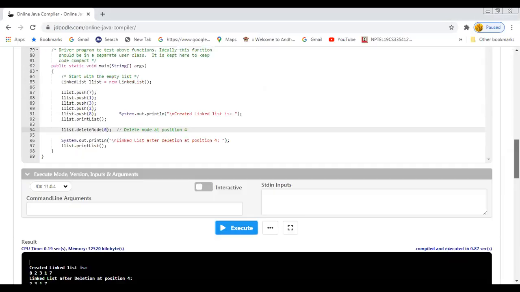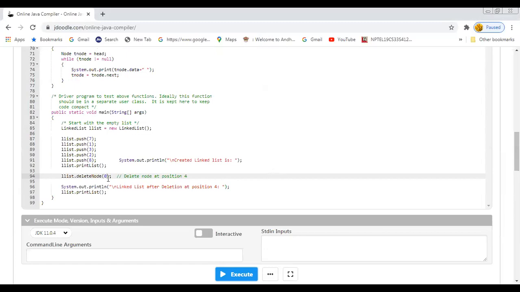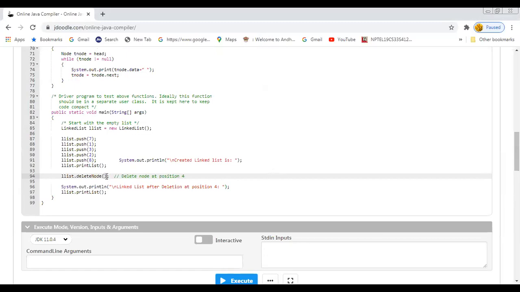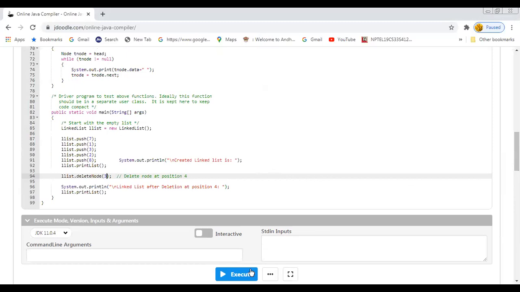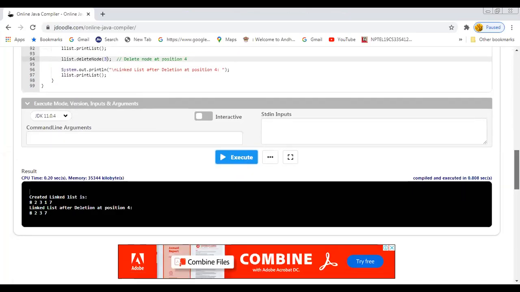Suppose I give 3, for example. 3 means you want to delete the last but one element in the list. You can check it out. The last but one element in the list is 1. So in the new list, 1 is going to be eliminated.